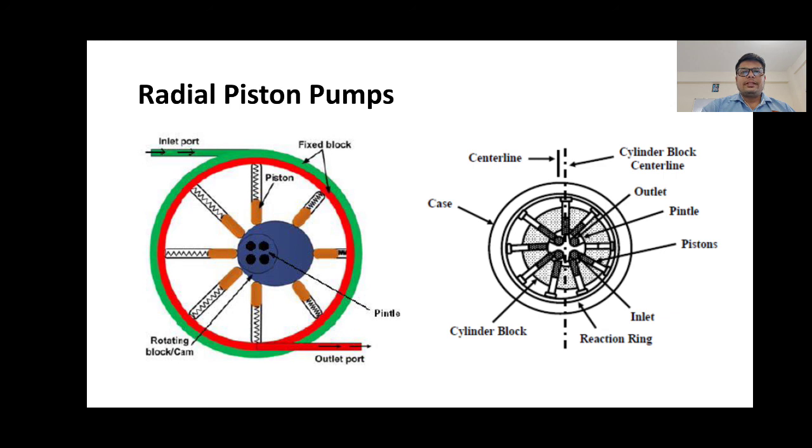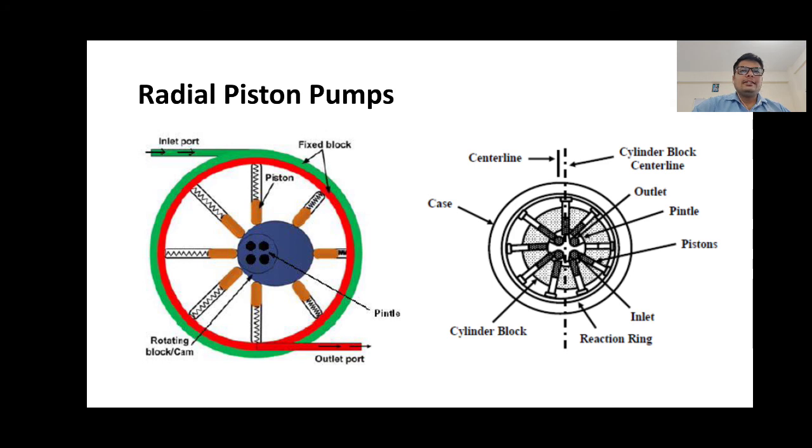The piston pump has pistons that are radially aligned in the cylinder block, and as we have already gone through, it consists of a pintle, then a cylinder block, and it will rotate in a reaction ring. The pintle directs the fluid in and out of the cylinder, and the pistons are placed in radial bores around the rotor. The piston shoes ride on the eccentric ring, which causes them to reciprocate as they rotate. The eccentricity determines the stroke of the pumping piston.